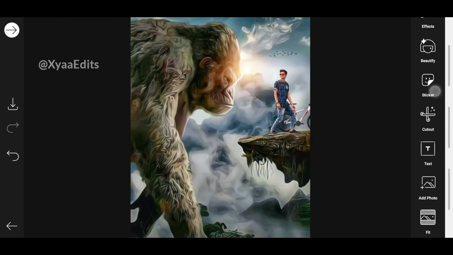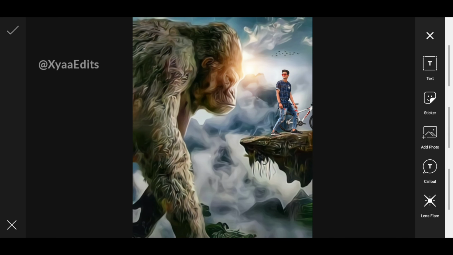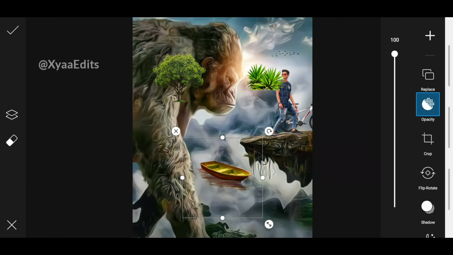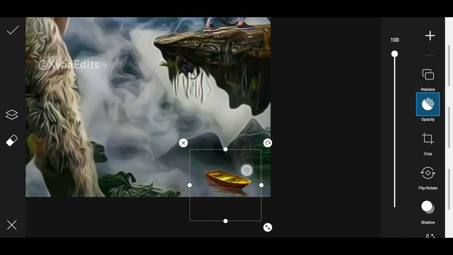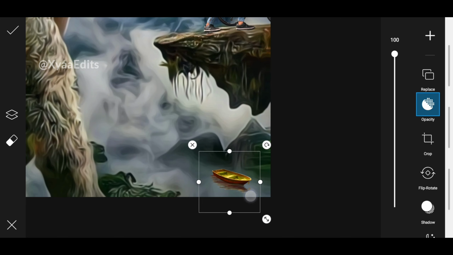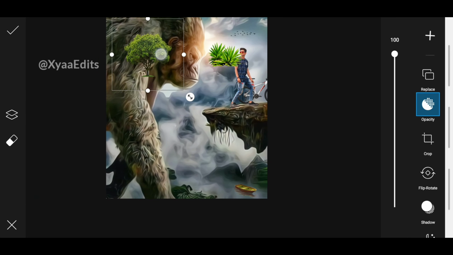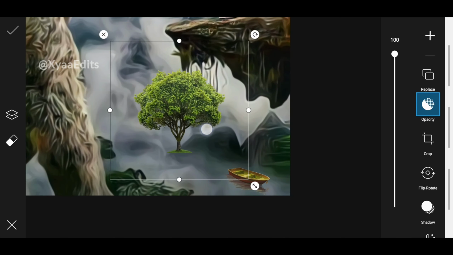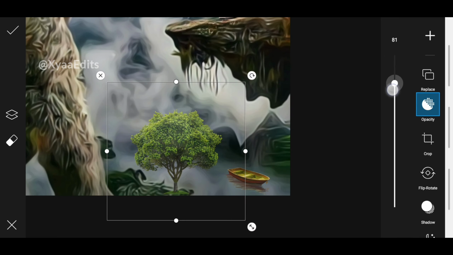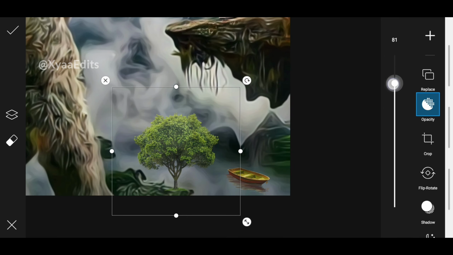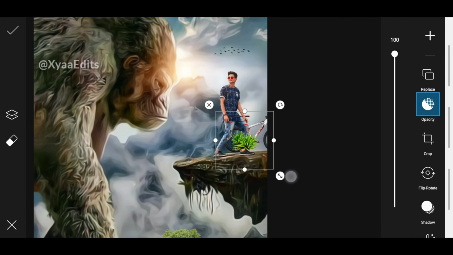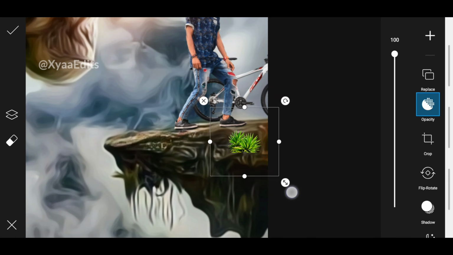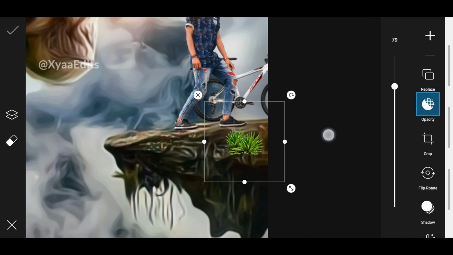After this, you have to add some more PNGs. Go to add. Friends, these are the three PNGs. The bird, you have to add here and decrease the opacity a little to give the realistic look, and tap on this tree and arrange it in this portion and decrease the opacity a little like this to give the attraction, and tap on this bush and you have to arrange it. You can arrange wherever you want. Arrange here and decrease a little opacity.